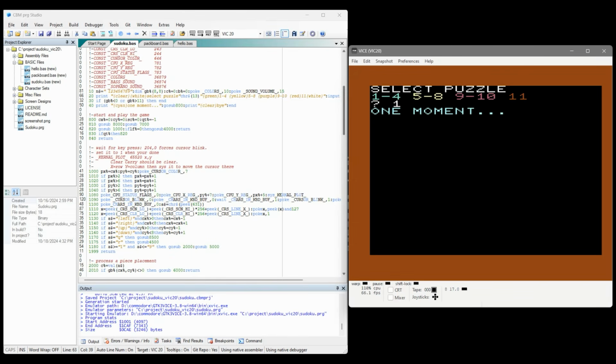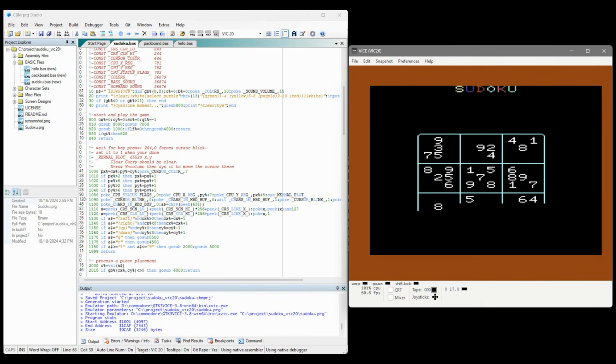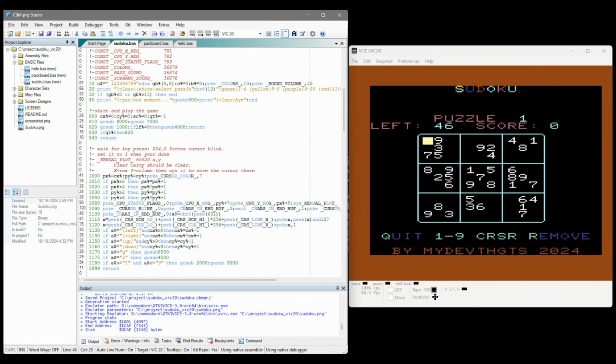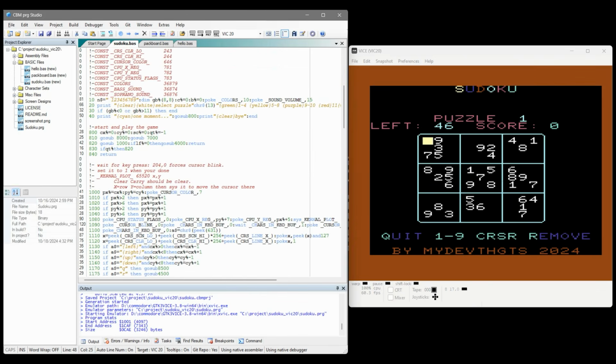So we'll choose board 1. One moment here. It goes up to 800. That's the whole game, and it runs. So there's a couple routines that I have in here, and I could probably use constants to name these routines. That would probably make the code even more readable, but